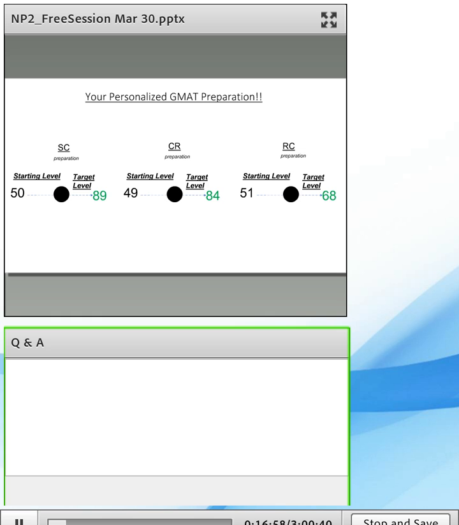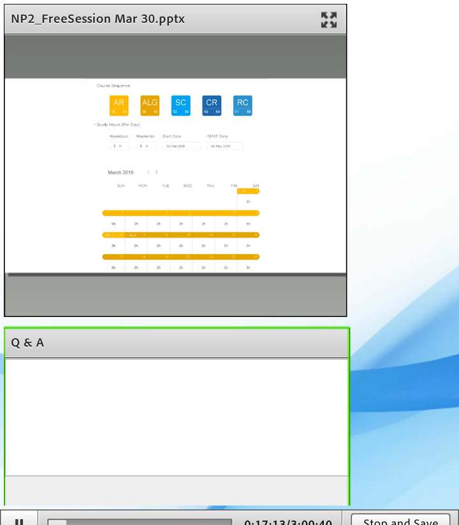In fact, a number of students who actually go through this, we have about 2,000 students who've gone through this utility. We just released it towards the end of February. They actually put these milestones. They take a printout and put it over there. To what extent does it personalize? It can take in the number of hours per day you're going to study on an average, on the weekdays and weekends, and when would you start studying, and so on and so forth, and give you a calendar view like this.